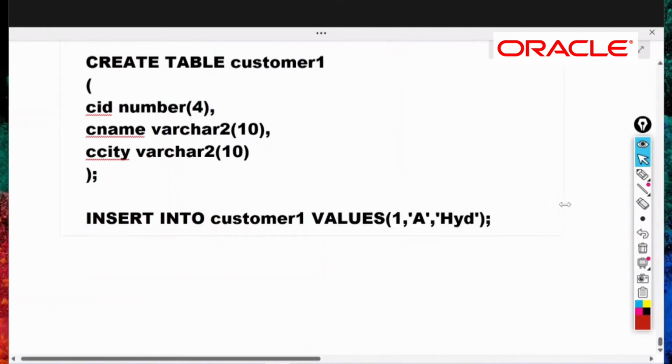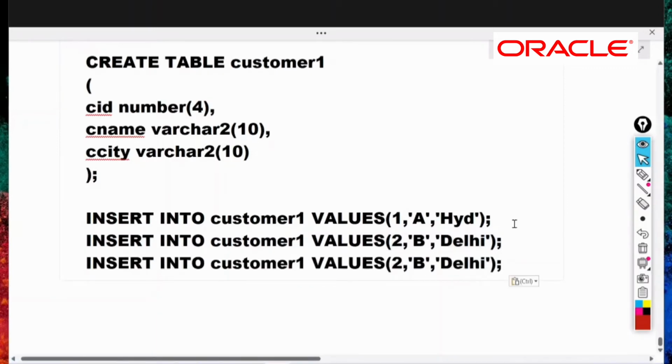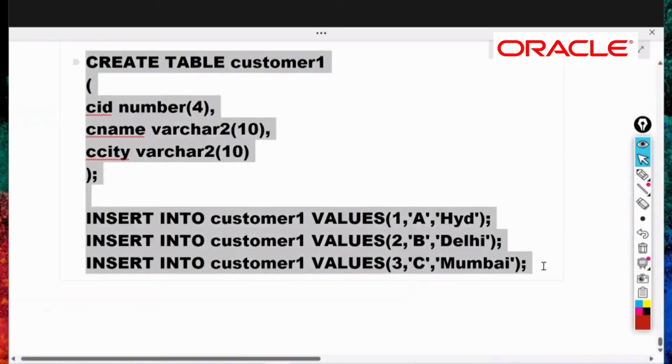Okay, next. Insert into customer1 values. 2, B, Delhi we are giving. Okay, next one more record we are inserting. 3, C, Mumbai we are giving. Okay, so one table we want to create, and in that we want to insert 3